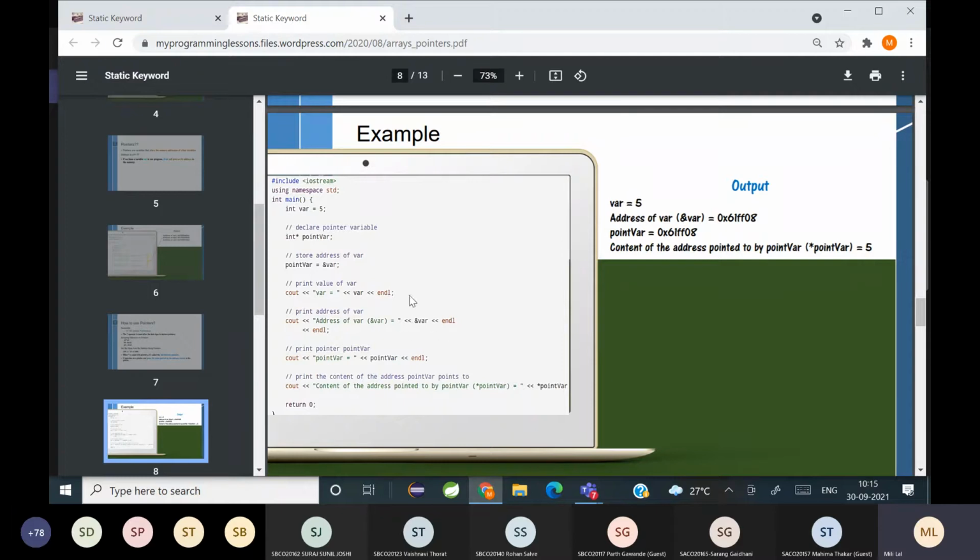The address of the variable. And when pointer variable is printed, it will print the address of the variable. And if I write star pointer variable, what will be printed? The value, 5. Good, this is what you have to keep in mind.